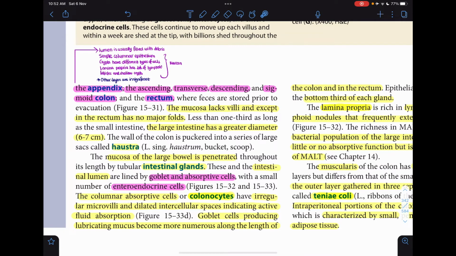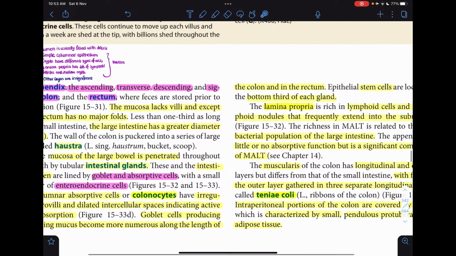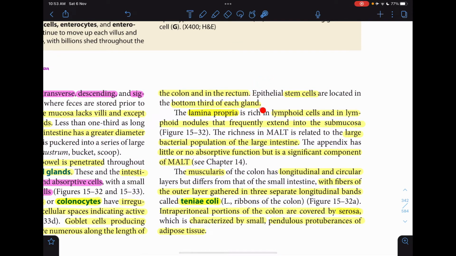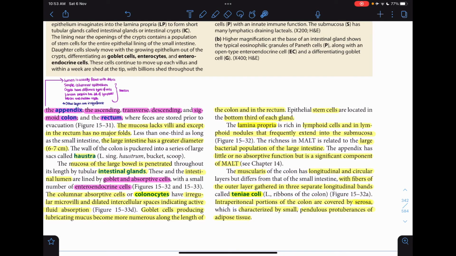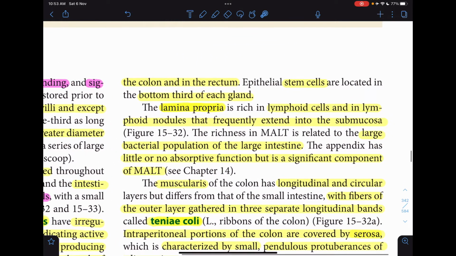The columnar absorptive cells or the colonocytes have irregular microvilli and dilated intercellular spaces indicating active fluid absorption. Goblet cells producing the lubricating mucus become more numerous along the length of the colon and in the rectum. Epithelial stem cells are located in the bottom third of each gland اللي موجودة large intestine. So the goblet cells موجودة أكتر شيء بالركتم لأنه إحنا حكينا إنه as you go it increases. The lamina propria is rich in lymphoid cells and in lymphoid nodules that frequently extend into